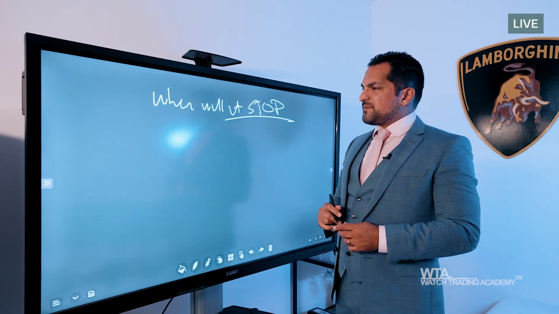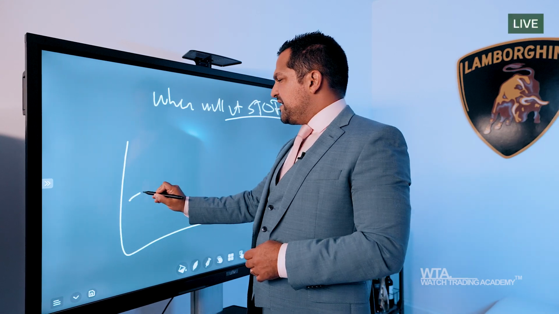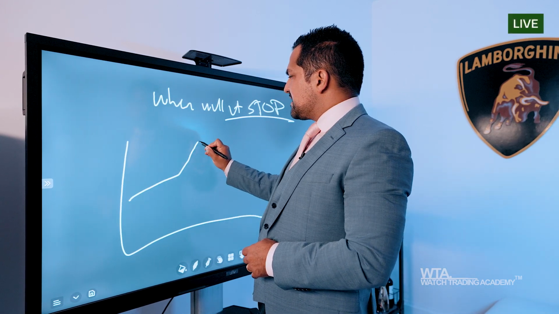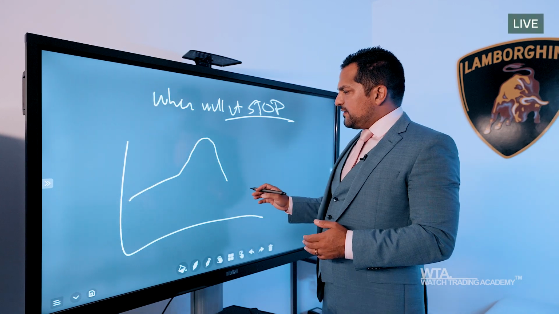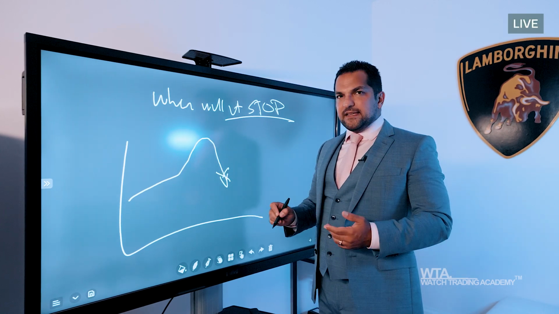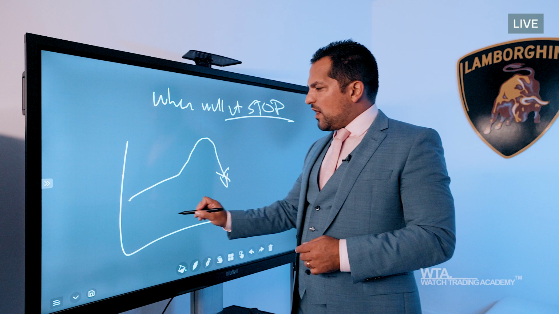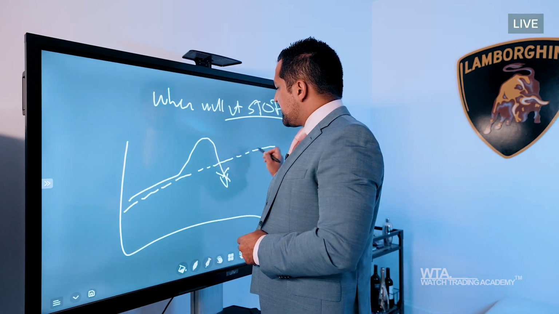A lot of people have asked me, well, okay, so my watch was here, available at MSRP, and it's going like this, but in the last couple of years it's gone like this, and now it seems to be coming down like this. So when will we see this drop coming down actually end? And the answer is quite simple. You see, every single watch has what we call a watch index. This is the natural evolution of the price of a watch.